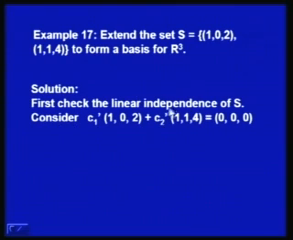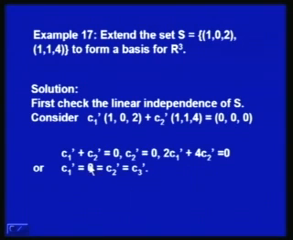So, we first check the linear independence of S. If these 2 vectors are independent, then we have to add one more vector into it to form a basis. So, first check the linear independence of the set S. We consider the linear combination to be 0: C1' (1,0,2) plus C2' (1,1,4) is equal to (0,0,0). From this we get C1' plus C2' is equal to 0 from the first component, and C2' is equal to 0,